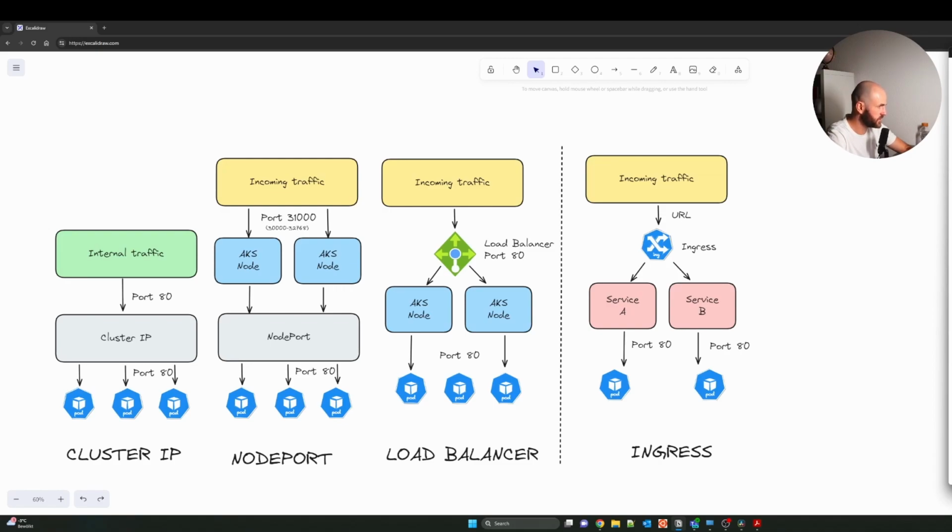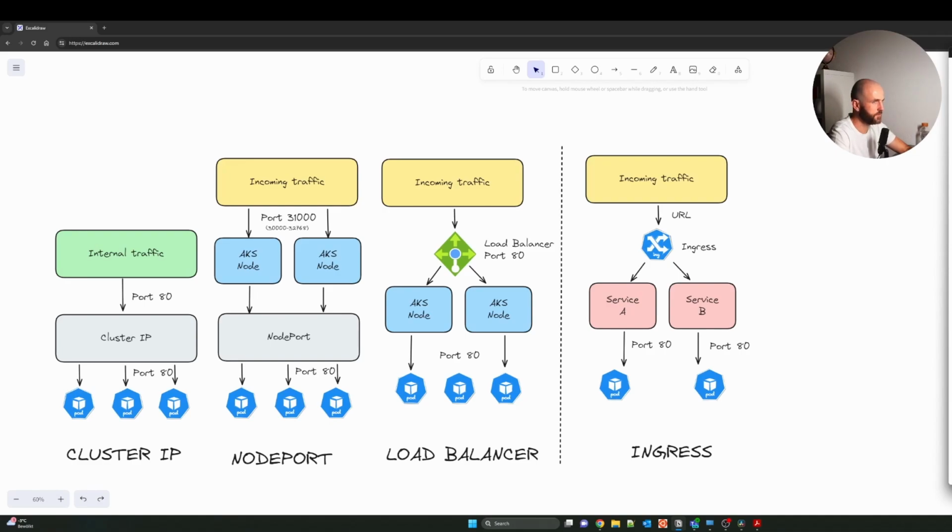So let's start by discussing the first three service types. The first service type is ClusterIP. With ClusterIP, you have a unique IP address to access the service, and it will handle the internal communication inside the cluster. So basically, ClusterIP creates an internal IP address for use within the AKS cluster, and this service is typically good for internal-only applications that support other workloads within the cluster. That's the default service type, and it's used if you don't explicitly specify a type for your service.